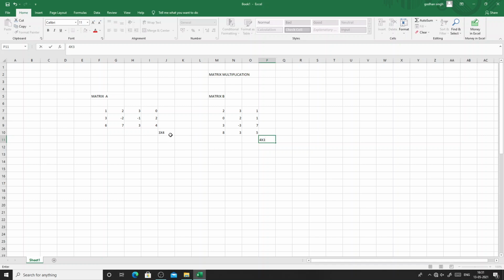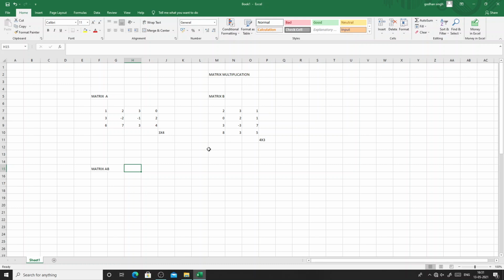Now you can see that the number of columns of matrix A is equal to the number of rows of matrix B. That means matrix multiplication is possible here. Now we'll find matrix AB, the product of matrix A and matrix B. The order will be the number of rows of the first matrix by the number of columns of the second matrix, that is, 3 cross 3.